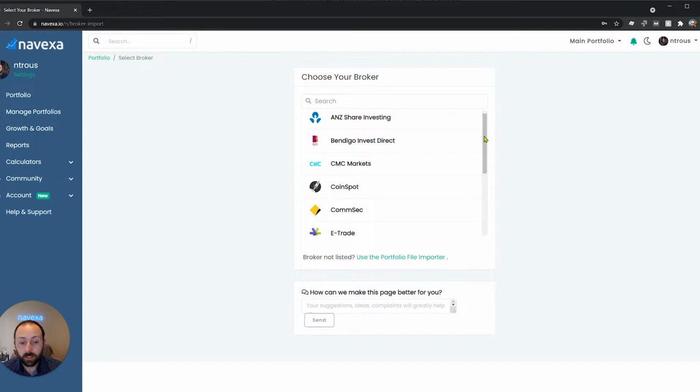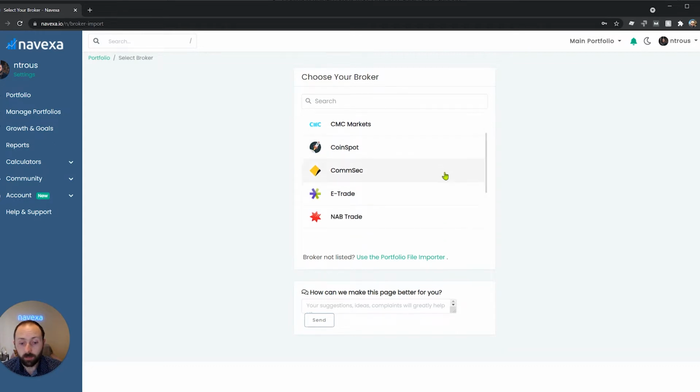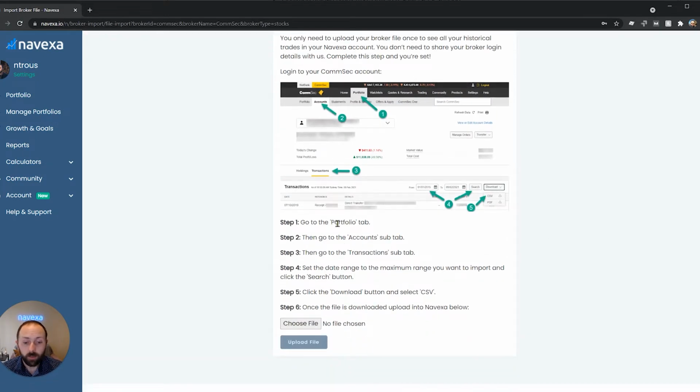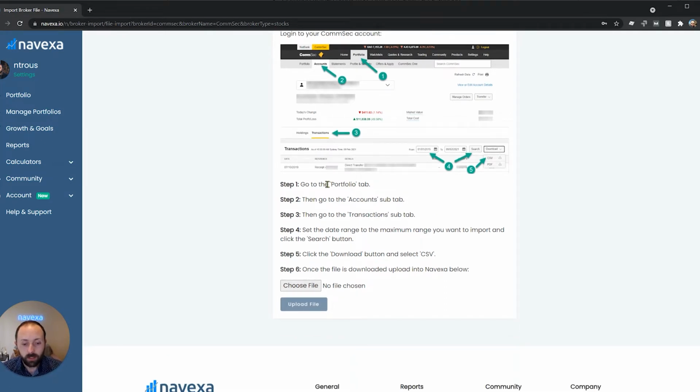Now these are mostly Australian brokers. We have some crypto in there and some US brokers as well. So if we're importing from CommSec, we'd select CommSec. And here we follow the instructions on how to get all of your historical trades out of CommSec with a CSV file. So you simply go to the Portfolio tab, the Accounts tab, follow the steps and download the file